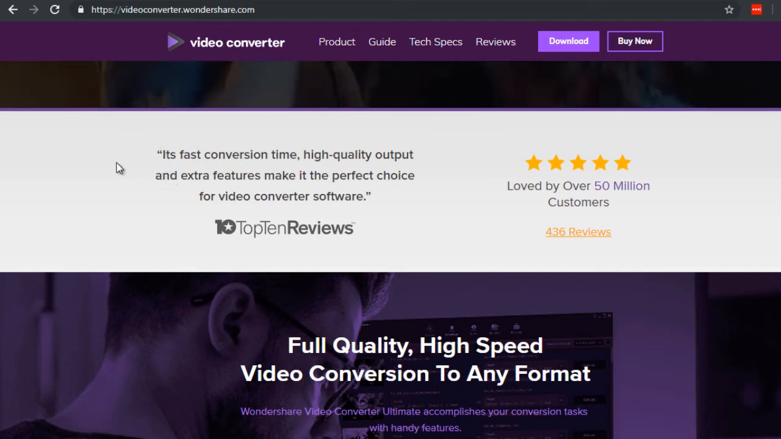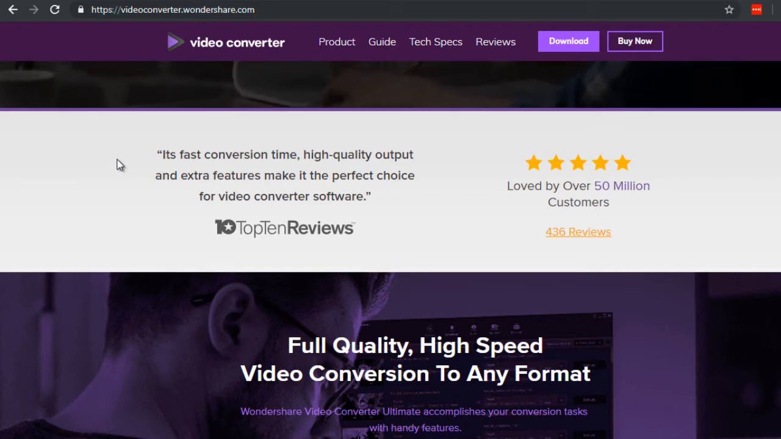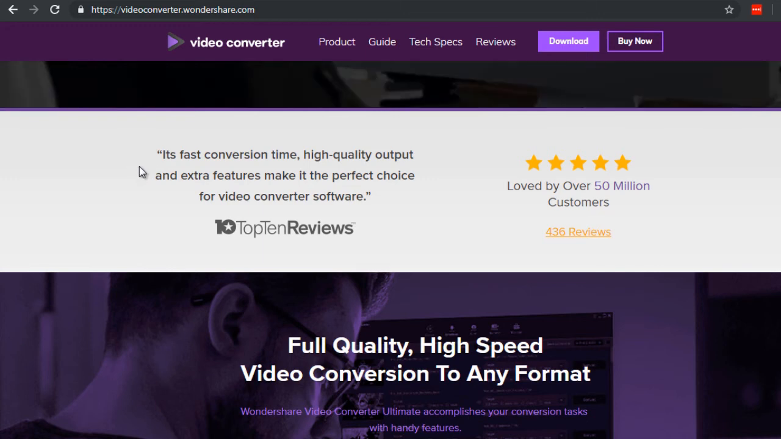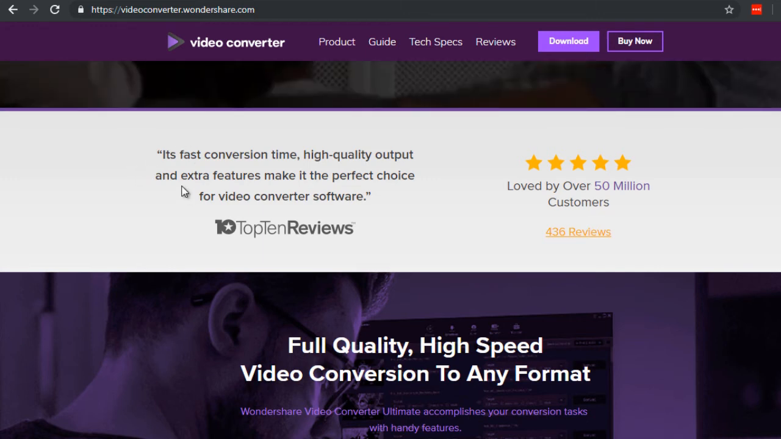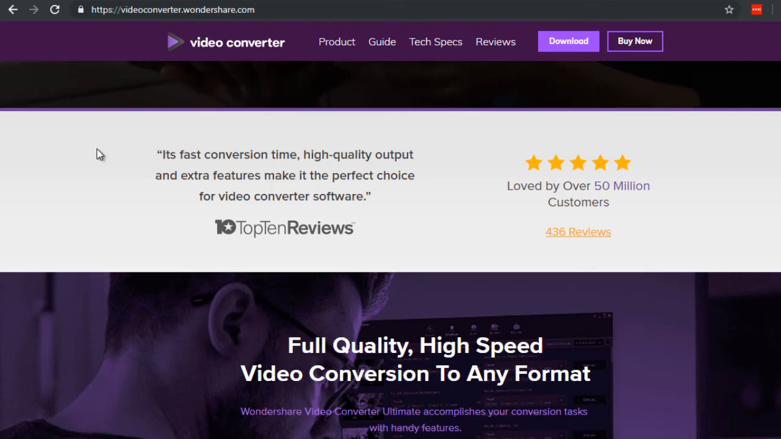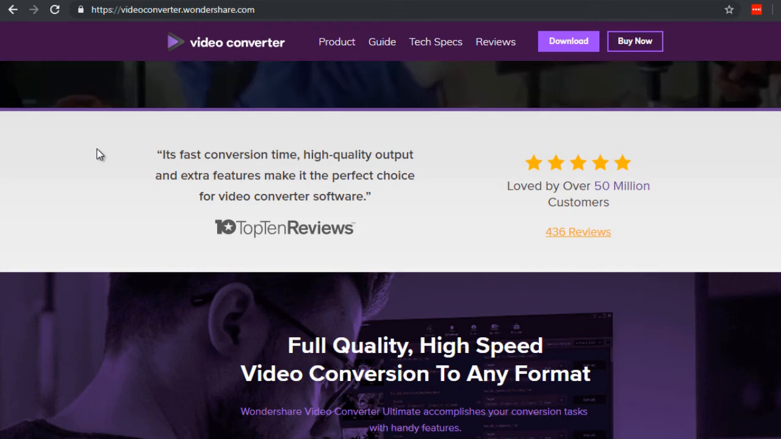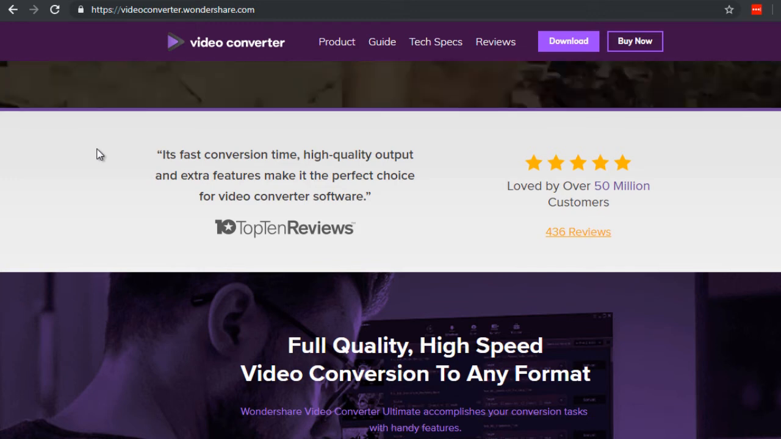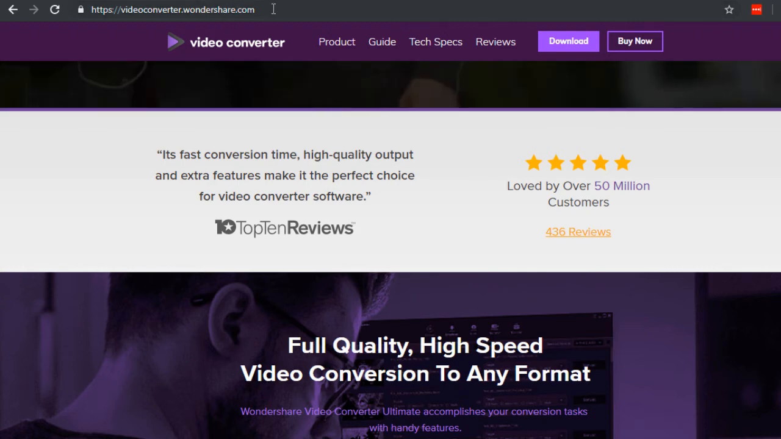So besides the title and description, YouTube will be able to read the metadata inside of your video. So it'll make a little bit more sense when I show it to you. Now, it's really hard to find software out there that allows you to embed metadata except for a few. So one of them is called Video Converter by Wondershare, and that is